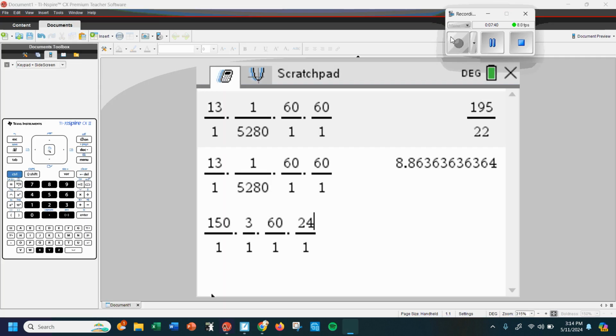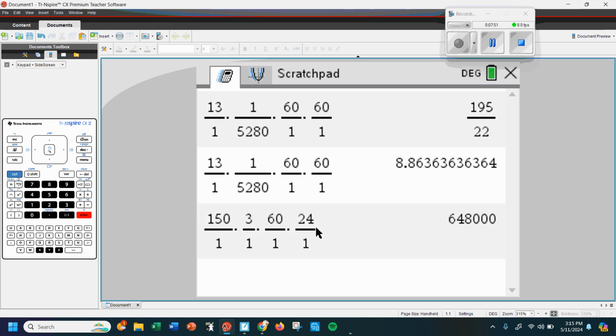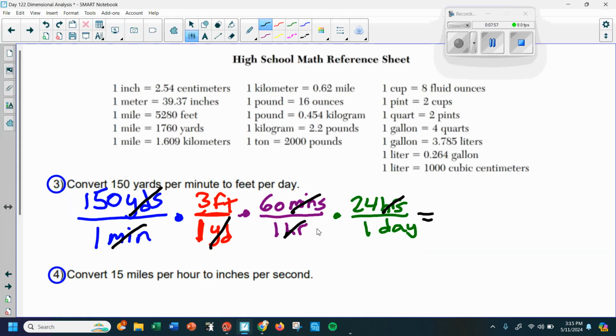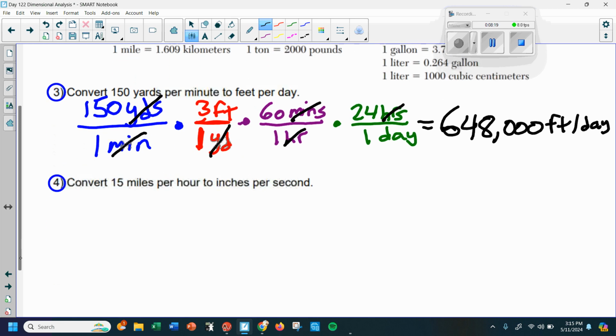Ta-da, technology magic. So let's see what we get when we type it in. Whoopsie. What just glitched? There we go. So it says it's 648,000. So let's write that down. 648,000. And then don't forget to write the units. It's 648,000 feet per day. And remember, you can use that slash for day, sorry. And there it is. All right, let's do one more part 2, and then I'll show you how easy the